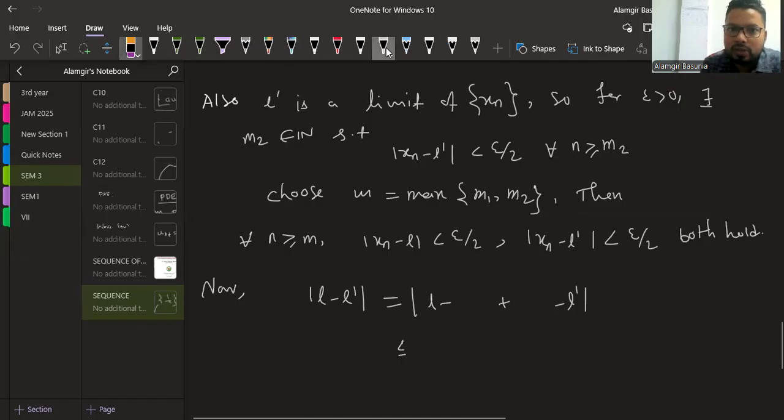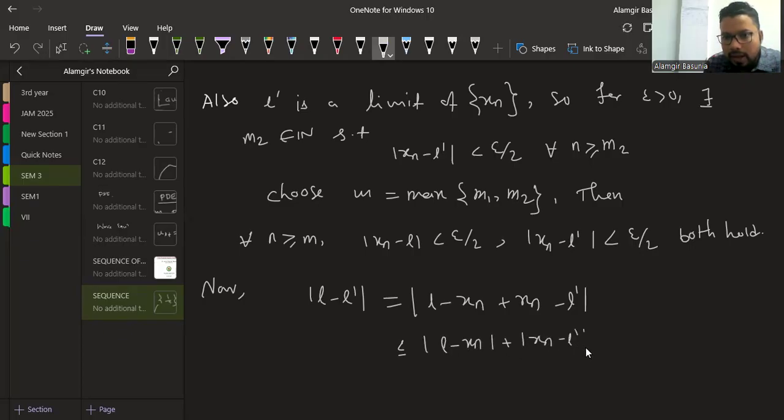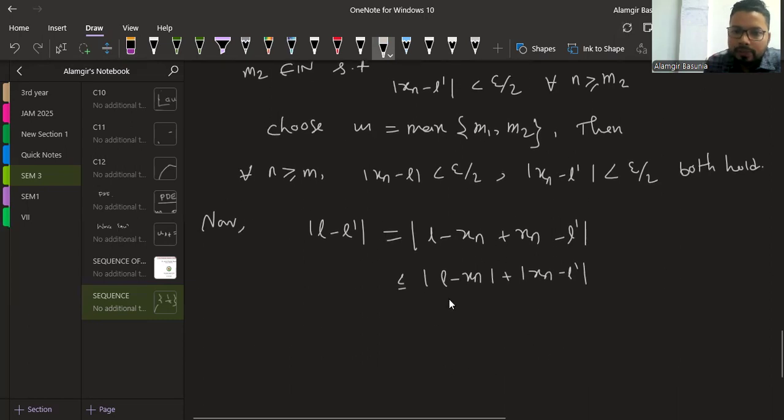If we write epsilon minus 2 or epsilon plus 2, this will not work. Now we can write this as this one and this one. Then this one is less than epsilon by 2, and this one is also less than epsilon by 2. So we can say mod L minus L prime